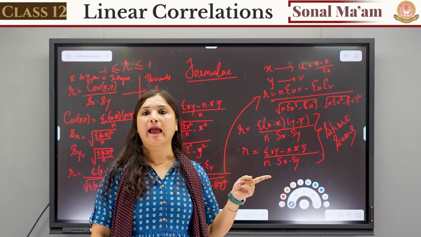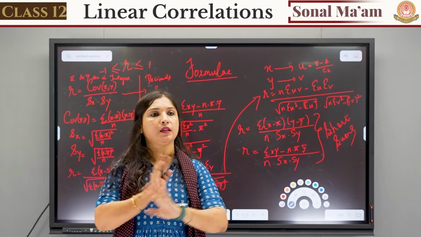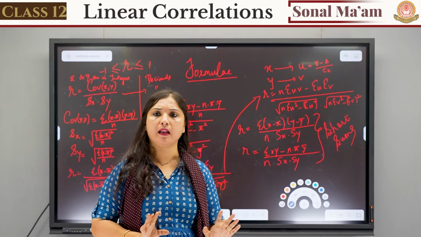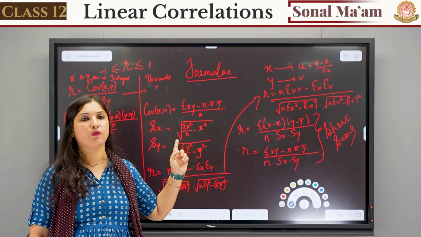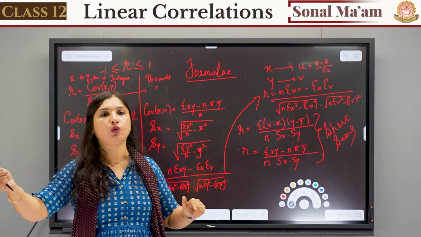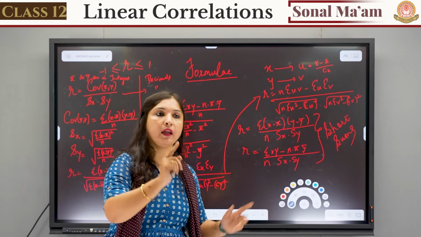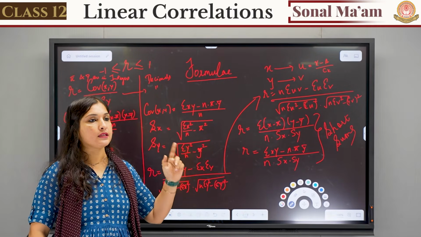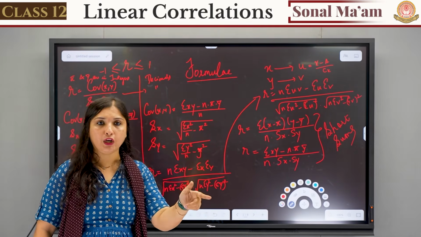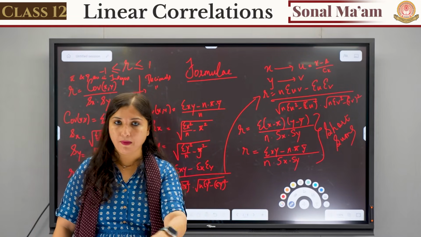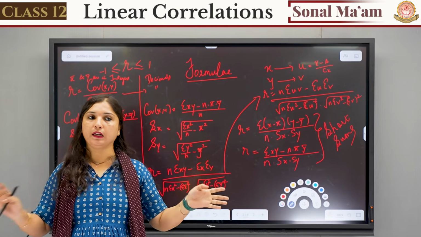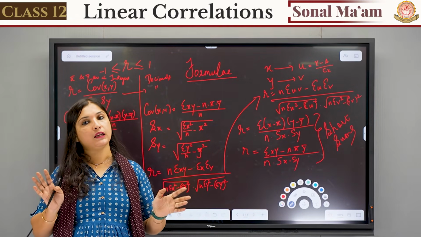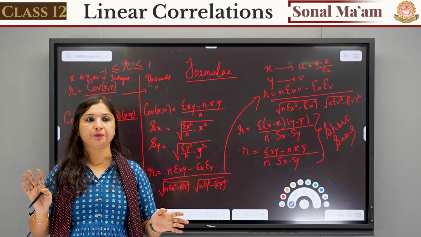This is a quick recap of Karl Pearson's formula. These are the only formulas that are applied in the Karl Pearson method. Two more formulas. Which is the first one? Summation (x minus x bar) into (y minus y bar) divided by n into Sx into Sy. And one more formula: (summation xy minus n into x bar y bar) divided by n into Sx Sy. Is it clear to everyone? If these formulas are clear, we can easily do the short sums.